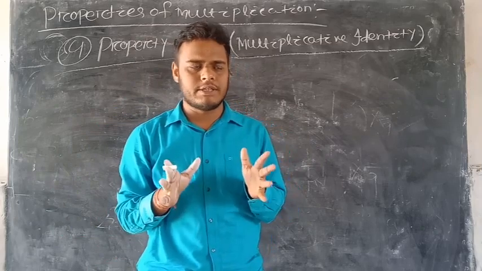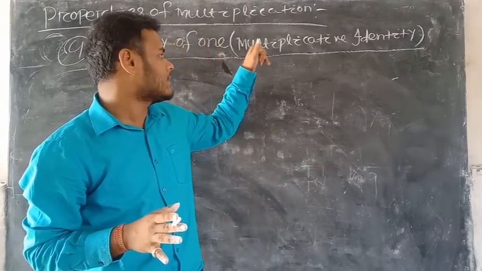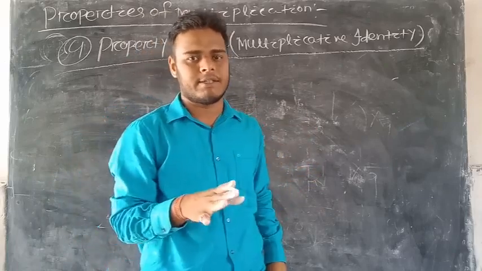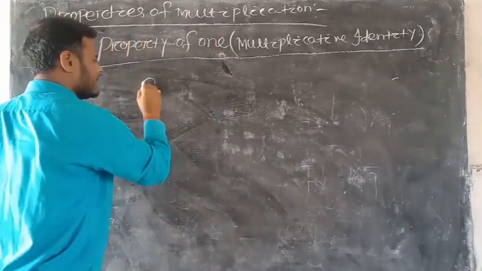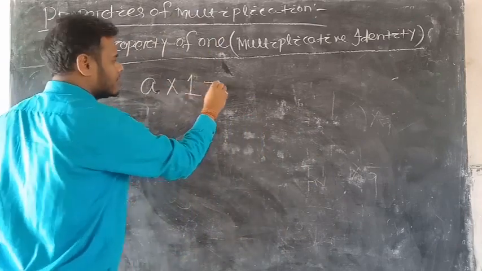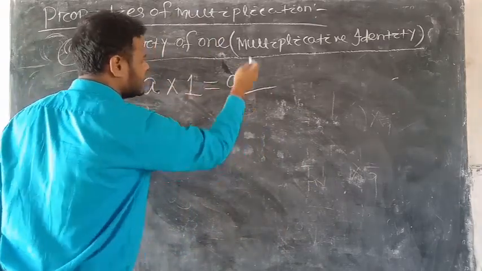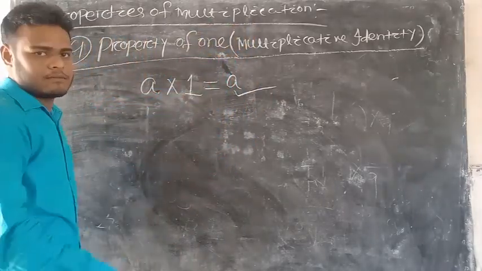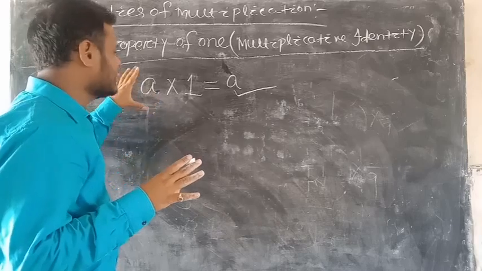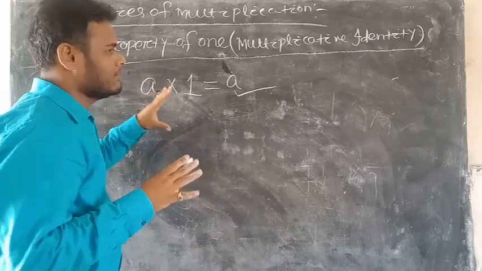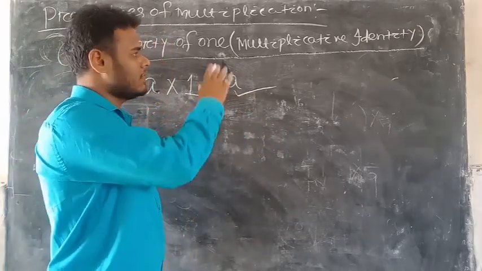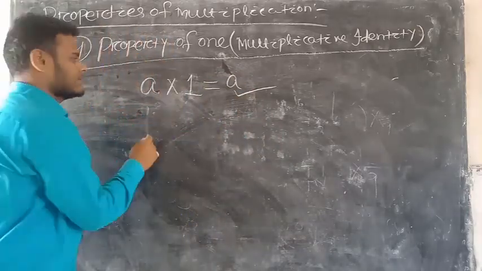We all know these things, but these are the fundamental, these are the theory we should remember, that this is called the multiplicative identity. So if I am taking any rational number a and I am multiplying 1 with it, I will get the same rational number. This is the property of 1. It may be anyone will ask you, then you will give your answer like this.